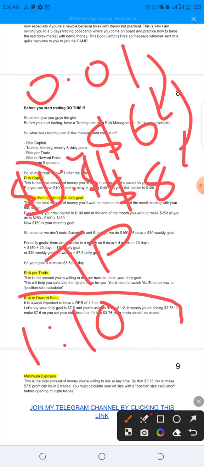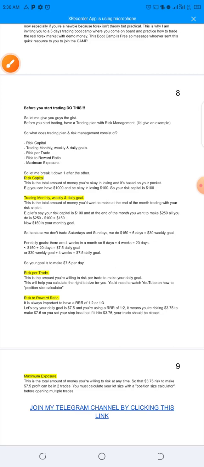Days that you lose this $1, days that you win this $1, if you lose the $1, it means you made money and you gave it back to the market. I hope you're understanding. So your risk to reward ratio should be 1:2. If you are trading yourself, analyzing the market yourself, have this at the back of your mind. But if you are copying my own signals, trust me, I have already done all this. So your job is to just copy and paste.